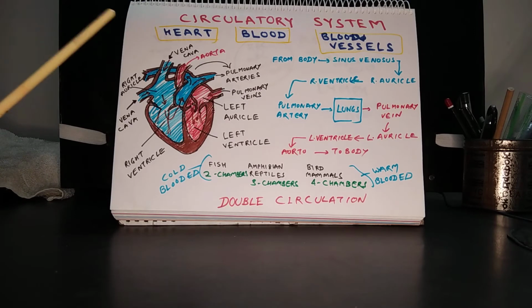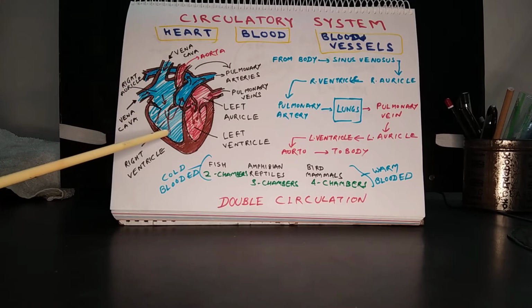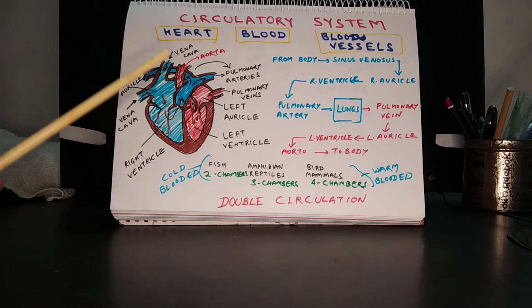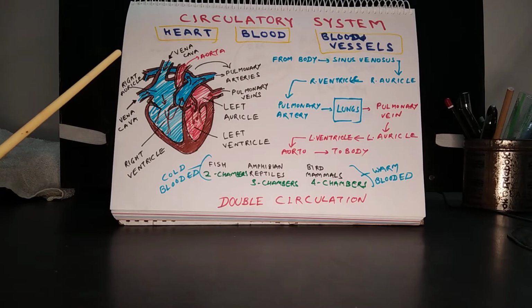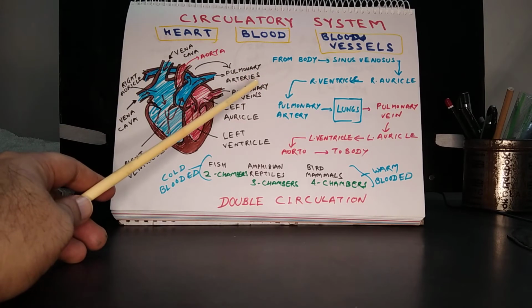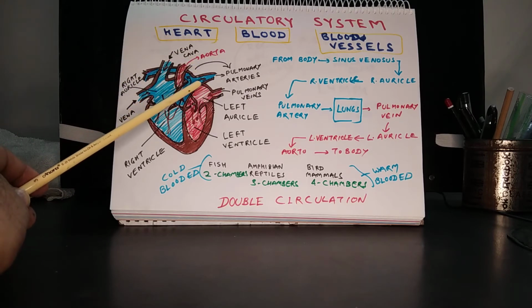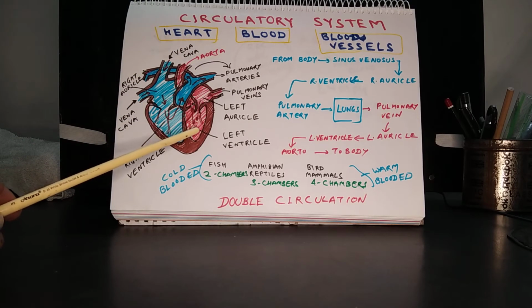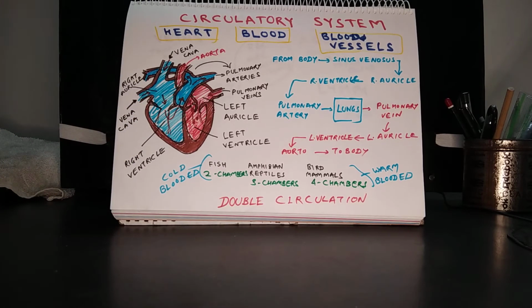So what happens? Blood from systemic circulation, that is from different parts of the body, comes to the right auricle. From the right auricle, it goes to the right ventricle, and the right ventricle pushes the blood to the pulmonary artery so that it can go to the lungs for oxygenation. Once the blood is oxygenated, it comes to the left auricle through pulmonary veins, and then goes to the left ventricle. Then the left ventricle pushes the blood to the aorta, from where it is supplied to different parts of the body. This flow chart will help you understand the flow of blood through the heart in a better way.